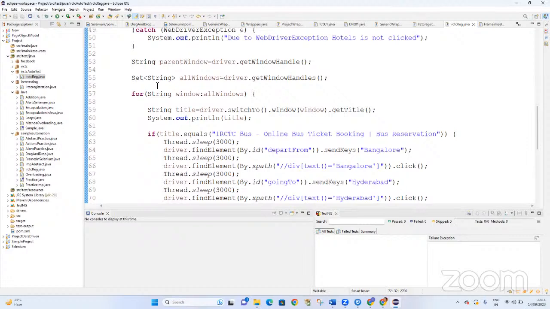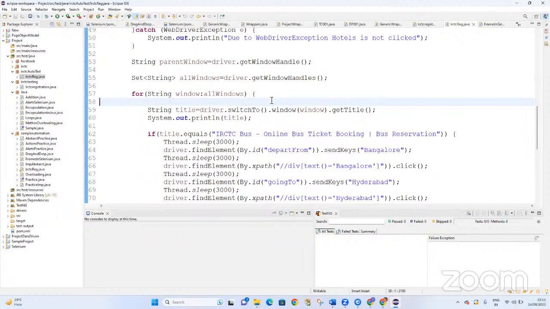We have multiple windows. Where multiple windows are there, you must get into each window by using the switchTo method, and then we can get the title, verify the title, and automate. Without switching to the window, you cannot automate the windows. So if you want to switch to the window, you must first go through the windows one after another, right? For that reason, we are using a